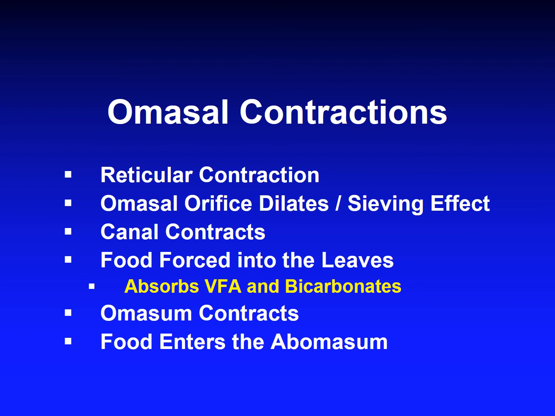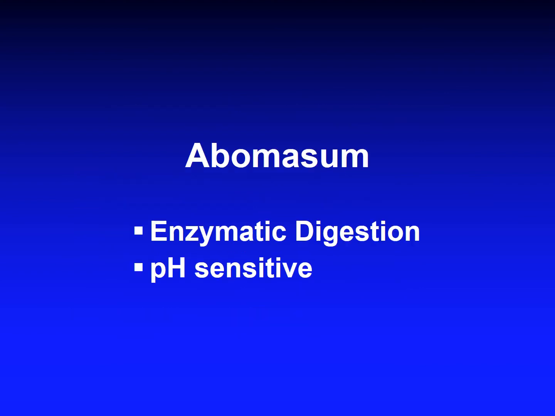Abomasum is the enzymatic digestion. Enzymatic digestion, just like the stomach of the equine or the canine or the feline, and it's pH sensitive. So we don't want to get any high pH there. Why? Because in the enzymatic digestion we have pepsins or pepsinogens that are converted into pepsins by a very low pH, like 2.3. So we don't want to damage that by getting higher pH into the abomasum from the volatile